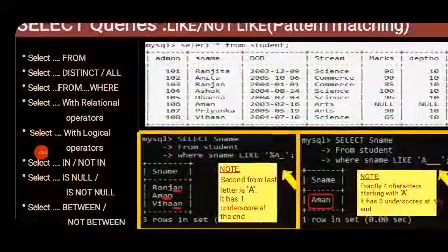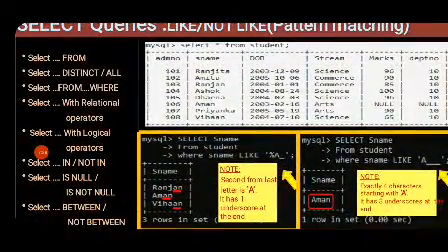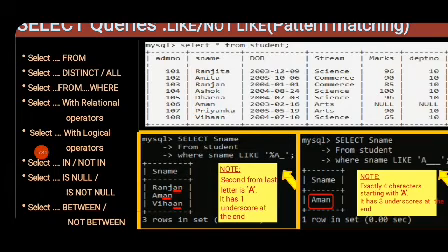Again, if we want the second from last letter to be a, it has one underscore at the end. And if we want exactly 4 characters starting with a, it will have a and then 3 underscores at the end.